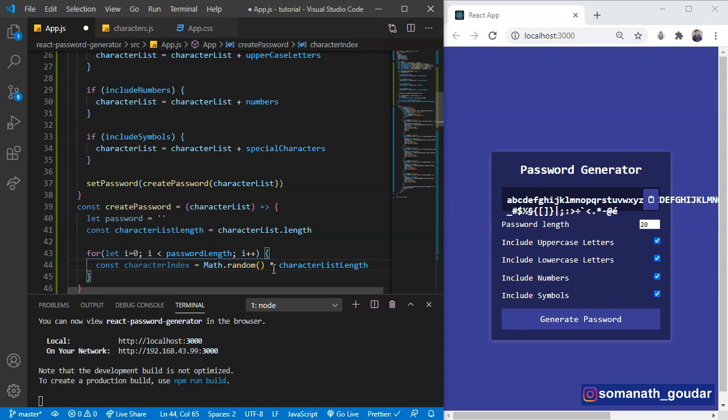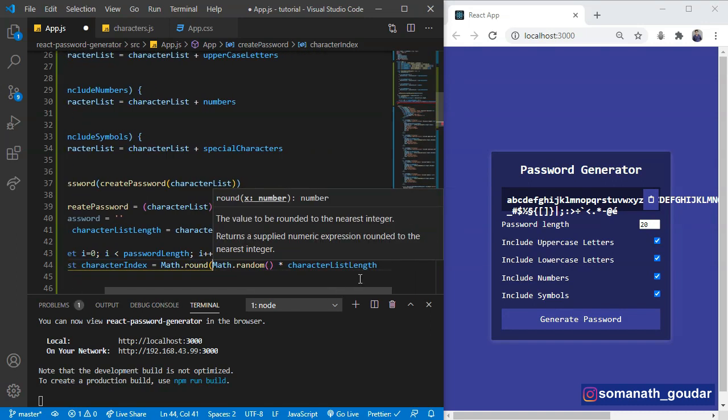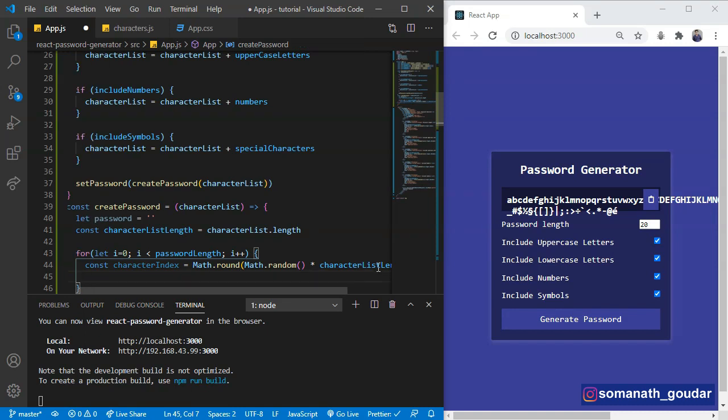So we know this is how many possibilities there will be. This is going to generate decimal values, so we need to say Math.round. Let's wrap this over here at the end. Okay, now we have a character index.